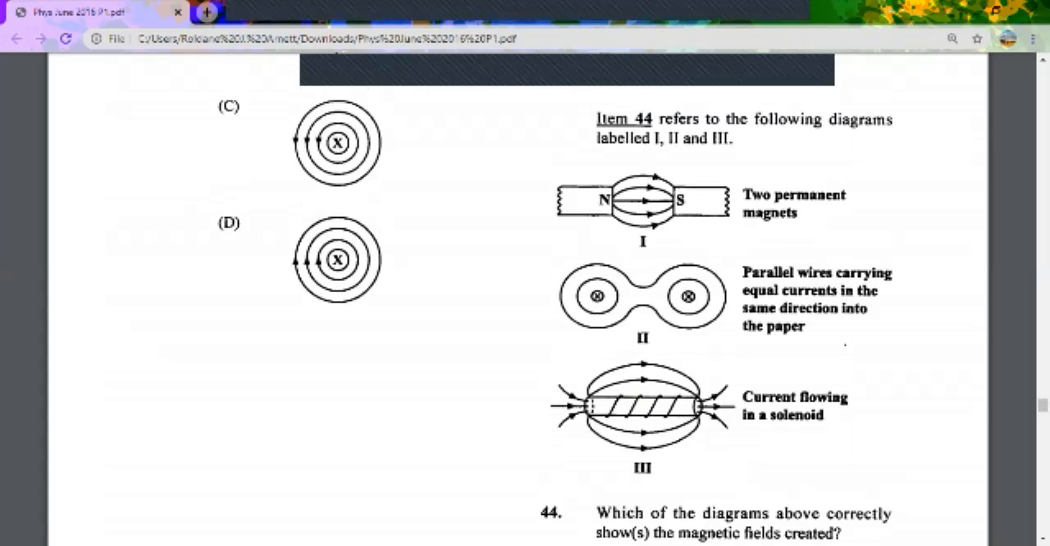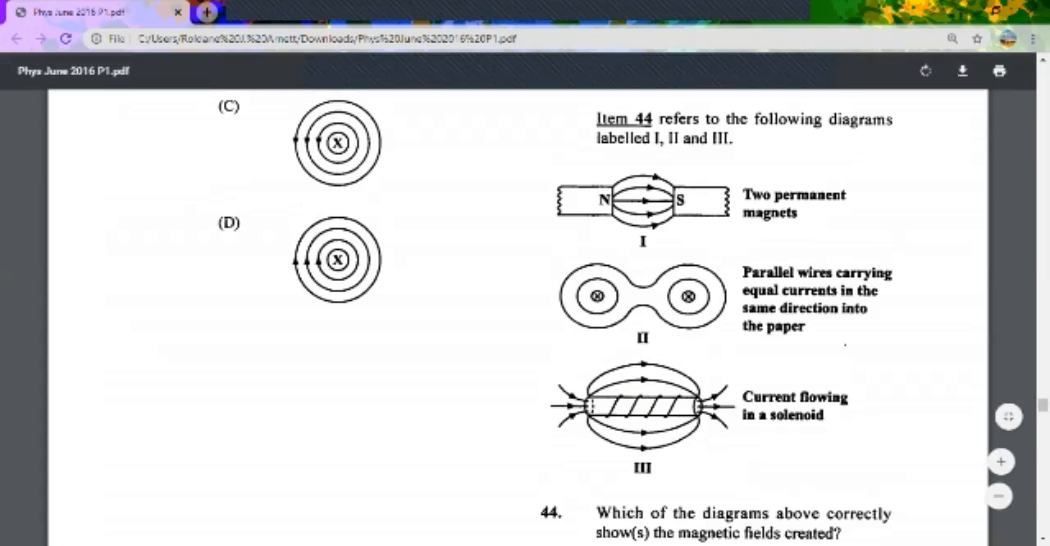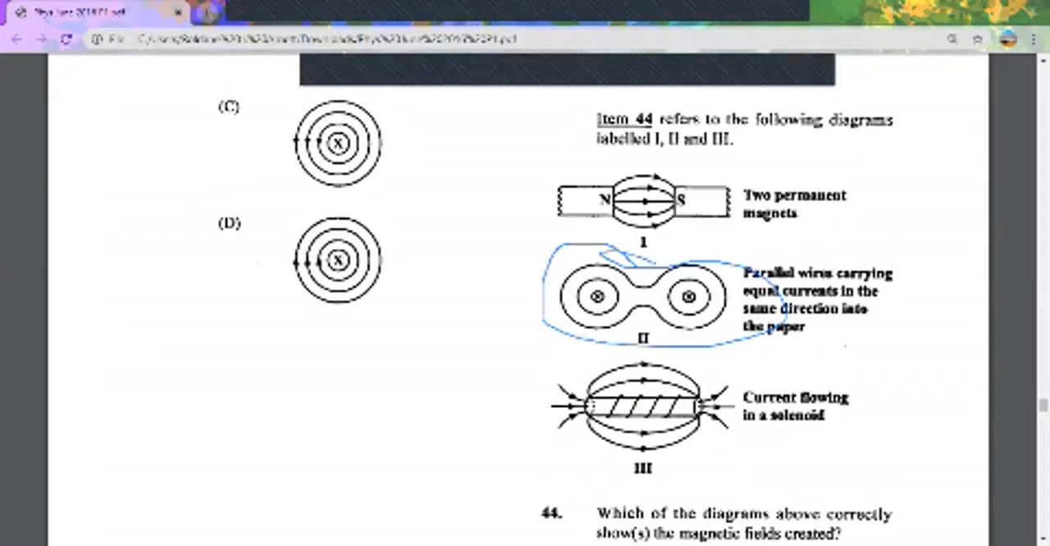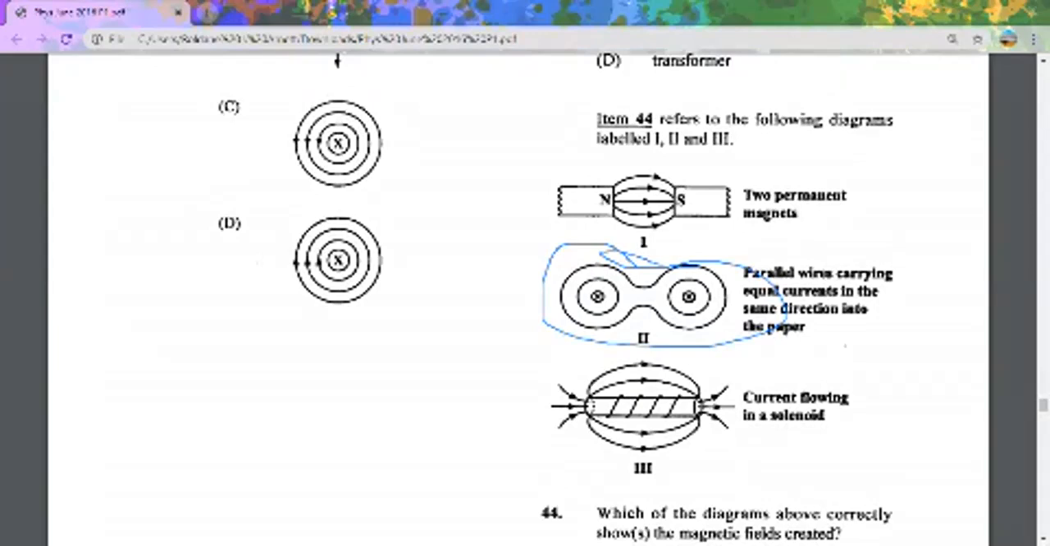Because only A has the correct notation. E has no arrow at all. Number 2 has no arrow at all, right? And I actually shows the magnetic field lines moving from north to south, which is indeed correct. Let us look down at number 3, II. The problem with II